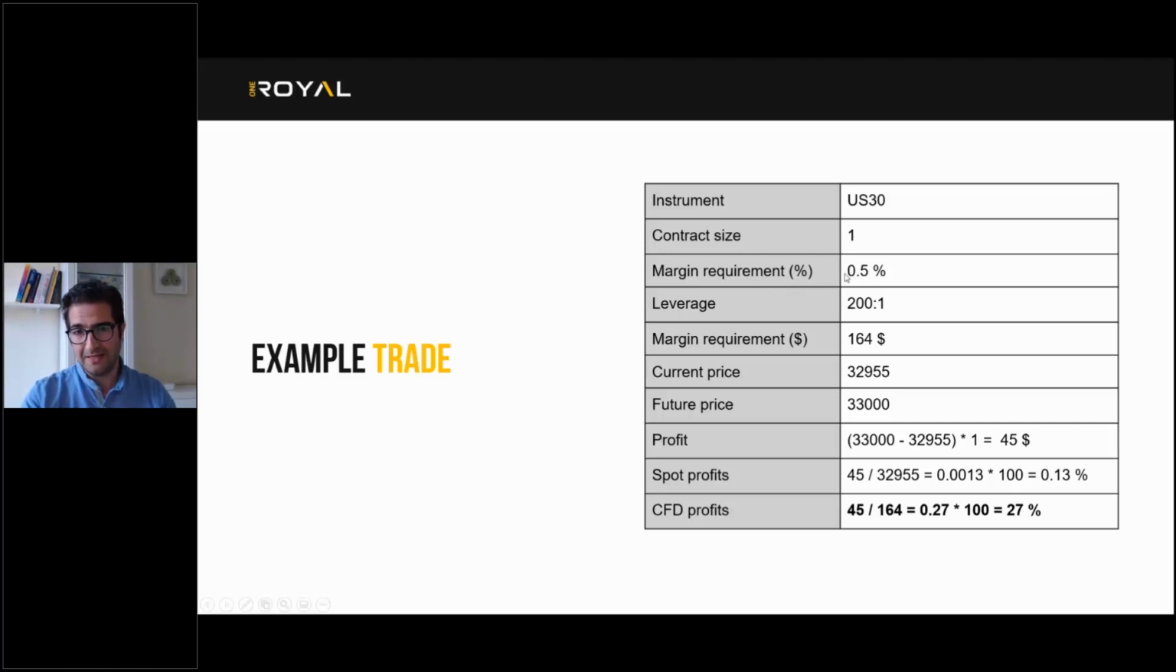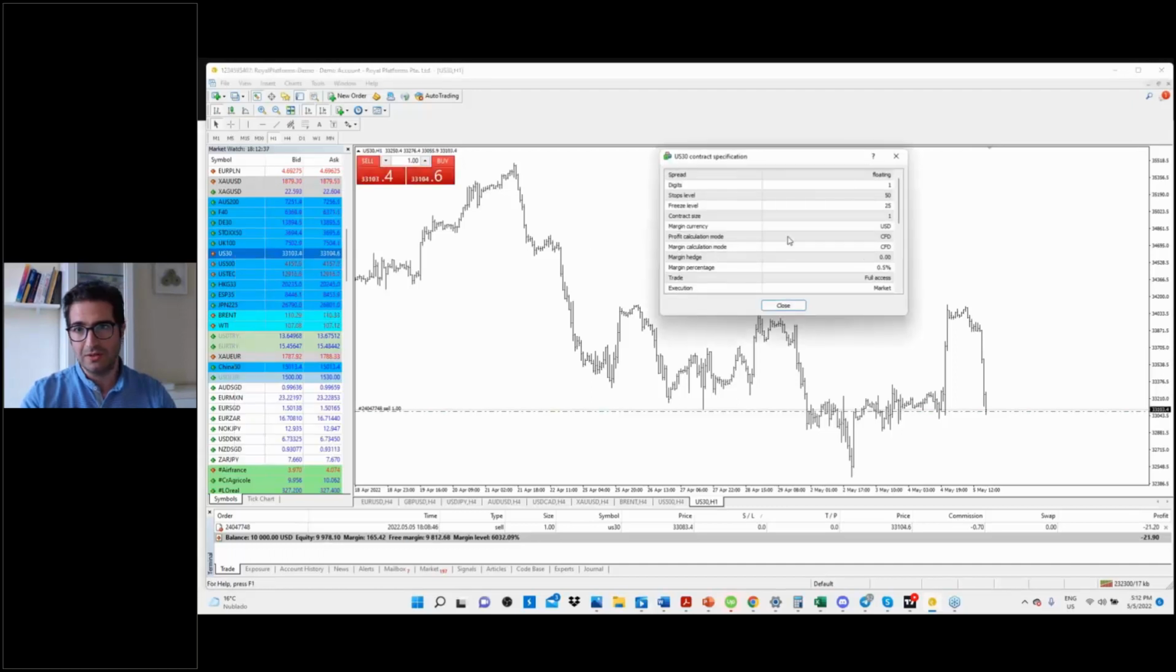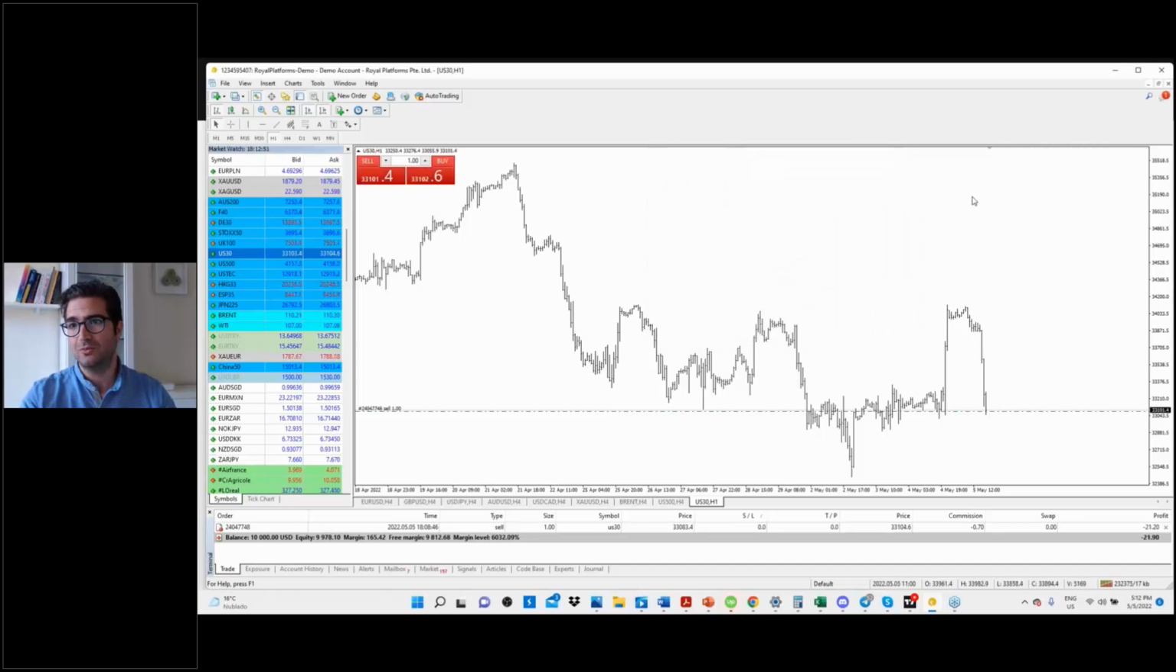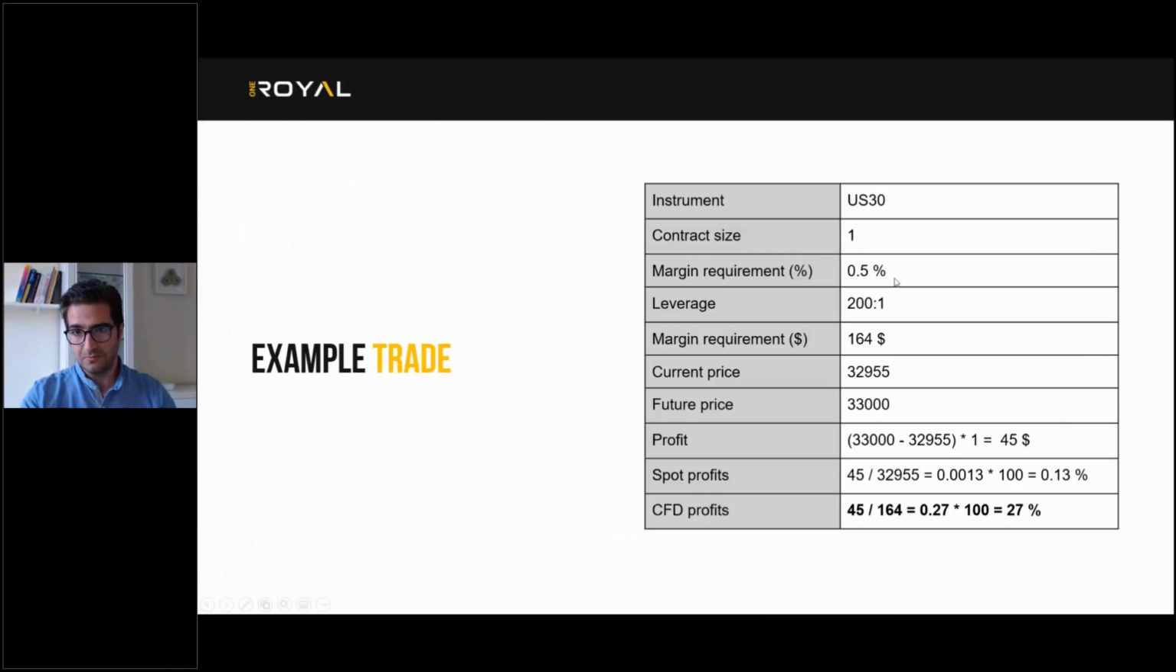I will explain a little bit what the margin requirement is. As I showed you here, we have the specification. So the broker is asking from you every time you trade just a deposit of 0.5% on any transaction that you will open. So you need just 0.05 times the amount to be able to trade a certain CFD. If I go down,